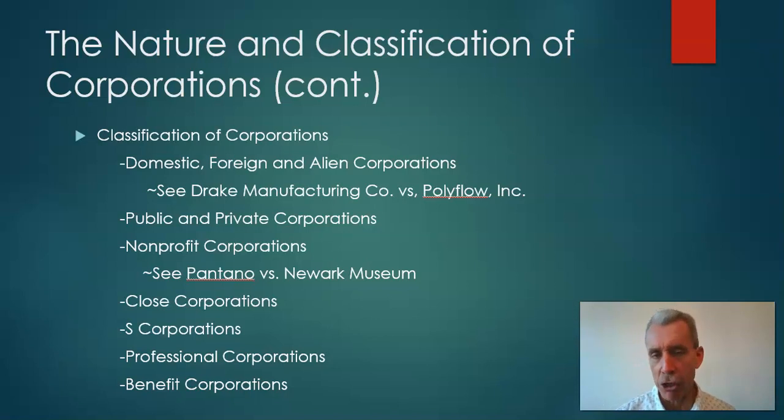And then lastly, you've got two other things. You've got a professional corporation. Professional corporations, like LLPs, limited liability partnerships, are formed by professional companies, law firms, CPAs, and so forth. And the same kind of rules apply. Personal liability does not exist. The individual shareholders of the law firm or the CPA firm are protected, except when that particular shareholder does the malpractice themselves. Their personal assets may be at risk, but the personal assets of the other shareholders, the other attorneys, the other CPAs, are not at risk. So that's a professional corporation.